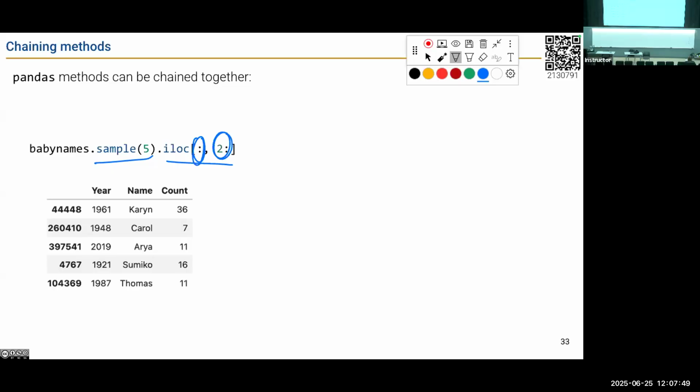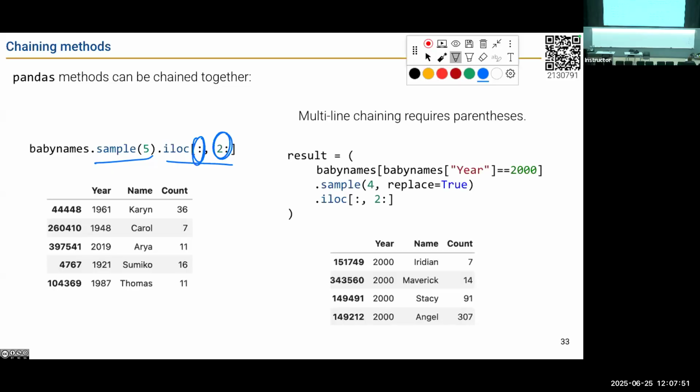Okay, so typically in pandas, what we do is we write these data pipelines where each row gets its own method. And how do you make sure you can work over multiple lines? You can put a line continuation character at the end of every line. Gets really ugly really fast. And so you'll often see this notation where you have some object and you're setting it equal to some long chain that you start with parentheses and end with parentheses. And by starting with parentheses and ending with parentheses, pandas knows to just keep reading.